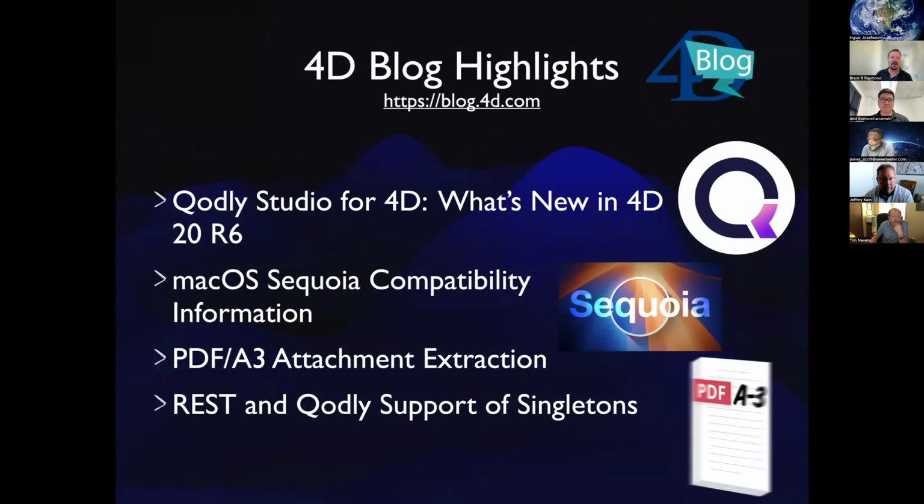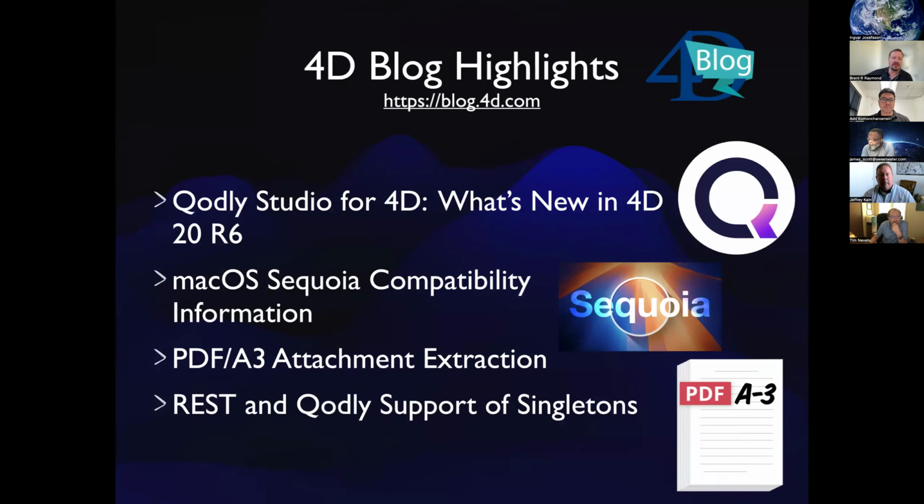Speaking of the blog, a couple of other articles of note are looking at Codely Studio for 4D, what's new in 20R6, some of the things that we've already mentioned previously, but there's a lot more that they've been adding in each of the R versions to support Codely. Among them, I guess it's coming out into beta and out of developer preview. Then there's an article with very specific detail on macOS Sequoia compatibility for 4D versions, and another article on PDF A3 attachment